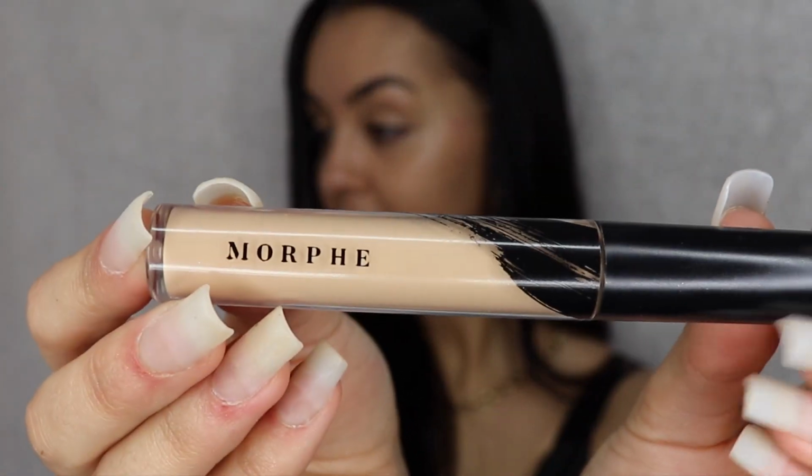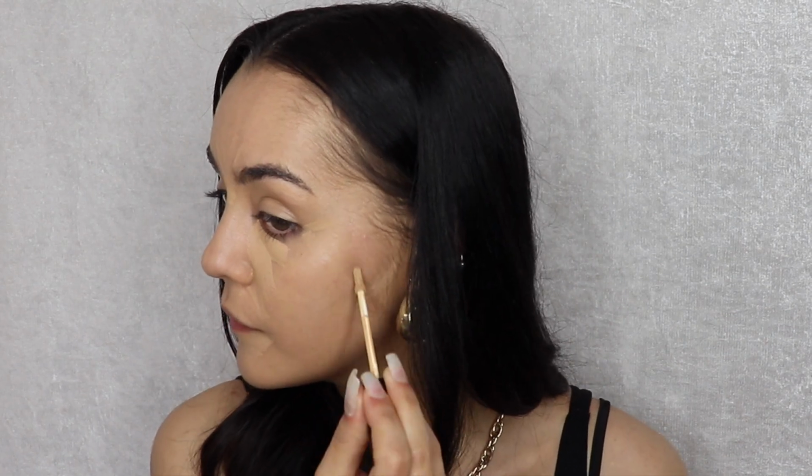So now I'm going in with the Morphe Concealer in the shade C225, I think that's how you say it. I think this has great coverage. I really love it. I love the application. I love how smooth it feels. I just love it as a whole. However, I think the shade is a little bit too dark for my skin for a concealer. So when I next get this, I think I might get either 1 or 2 shades lighter. But I'm putting it in the general places you'd put a concealer, except I'm also doing it underneath the outer edges of my mouth and also underneath the outer corners of my eyes, just to give me that extra little